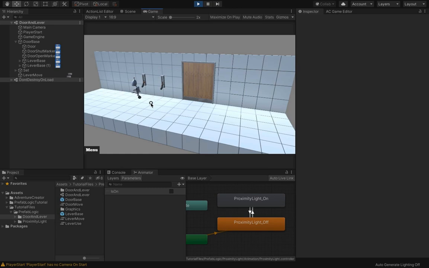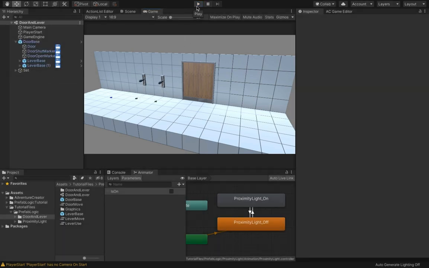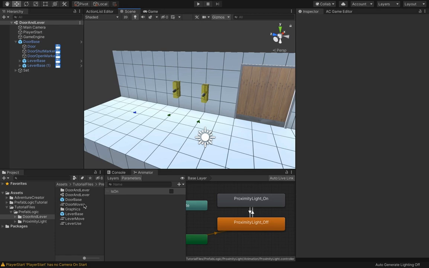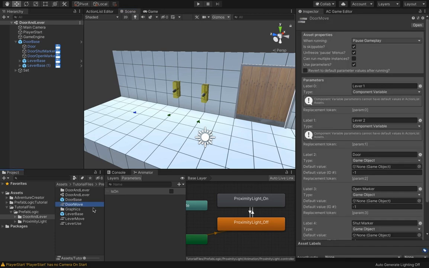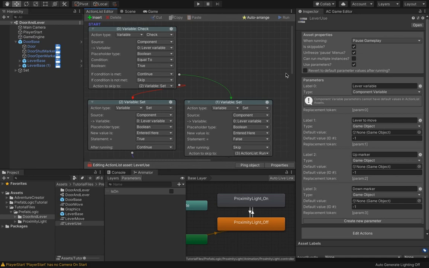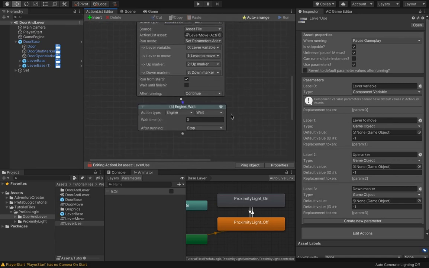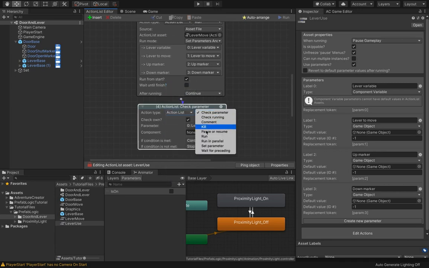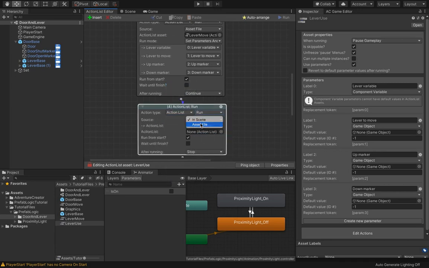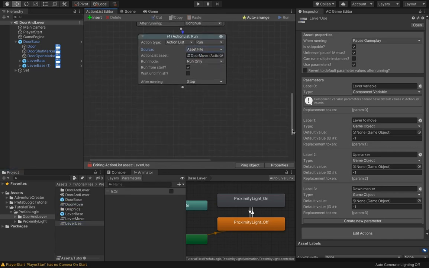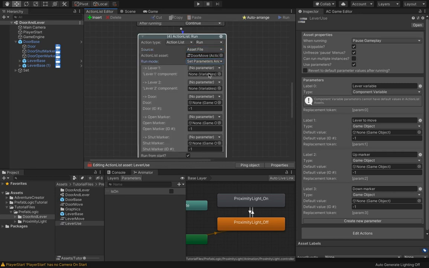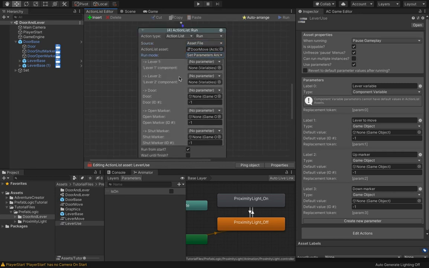The last thing to do is obviously the big one, and that's just make it so that the door actually opens when both of these are moved down. And to do that, all we need to do is run the door move asset as well. So going back to lever use, we'll add another action list run. And that'll be running the asset door move. Again, we'll be setting the parameters and then running it, and we then need to assign all the parameters that